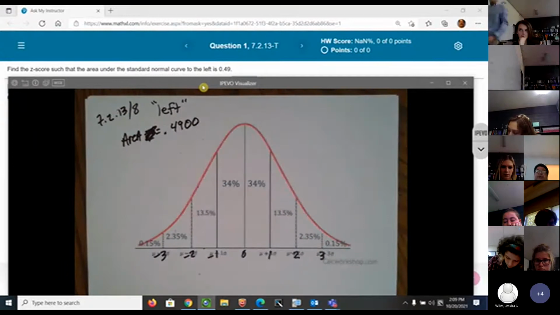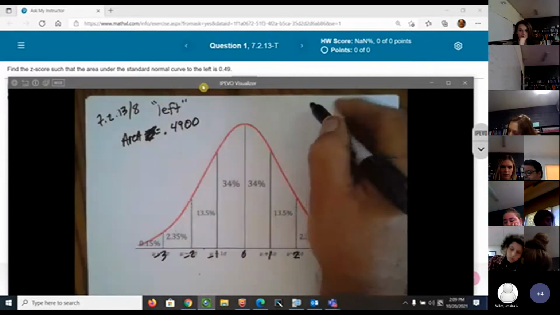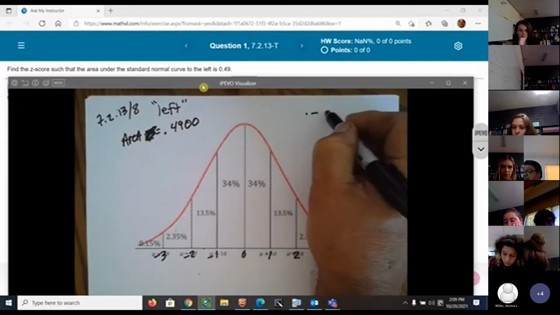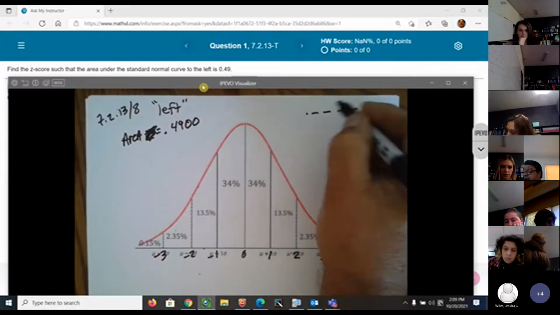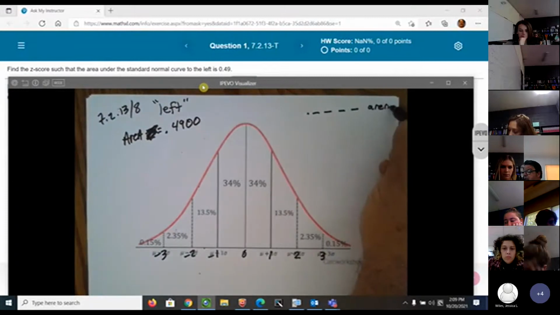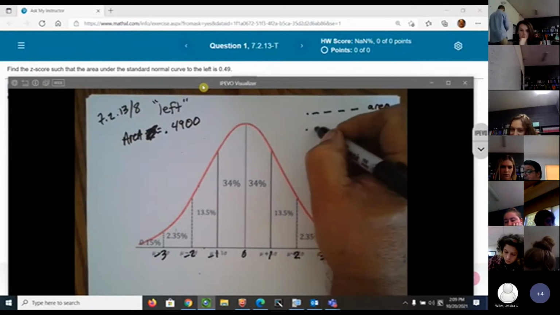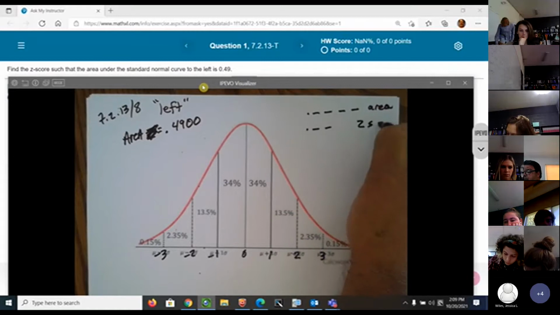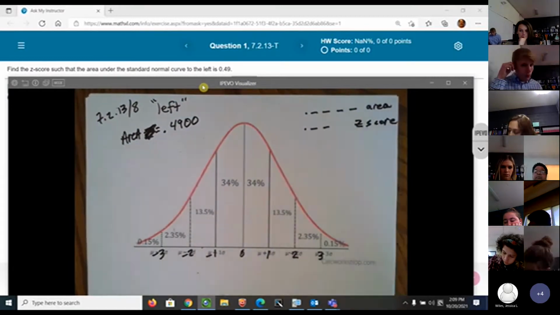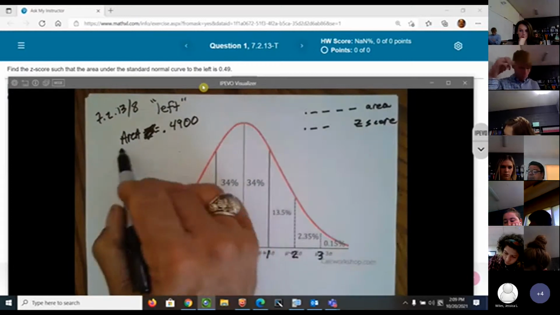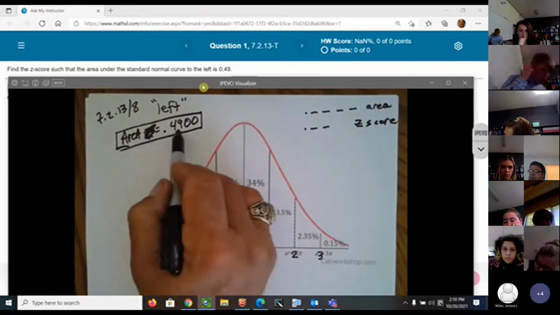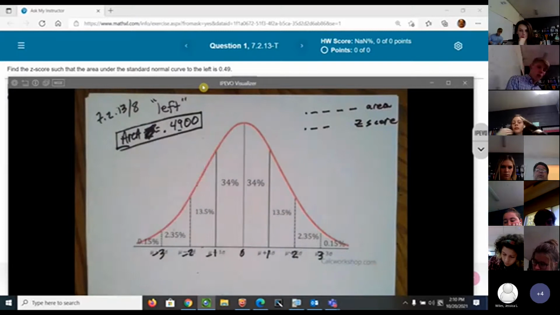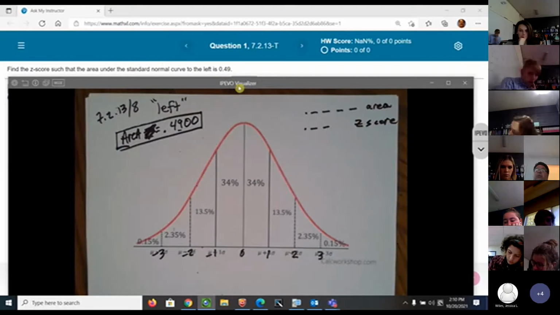And they need to put 2 zeros there because it is understood in probability and statistics that if you have 4 decimal points, that's an area. And if you have 2 decimal points, that's a z-score. But for some reason, this book doesn't do that. And I disagree with that because most of the books that I've used in the past, they would have put 0.4900 right here instead of 0.49. So with that being said,